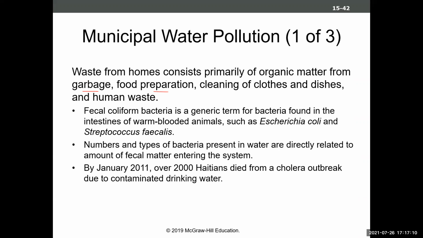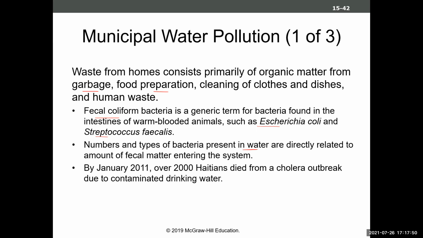So for example, fecal coliform bacteria is bacteria that's generally found in the intestines of warm-blooded animals, so it's associated with wastewater. So that's things like E. coli or strep bacteria. And the numbers and types of bacteria present in the water are directly related to the amount of fecal matter entering the system. So if you have a lot of fecal matter entering a water source, then you would expect to see high amounts of E. coli and high amounts of strep. If you don't have a lot of that pollution, then you wouldn't expect to see any of that fecal coliform